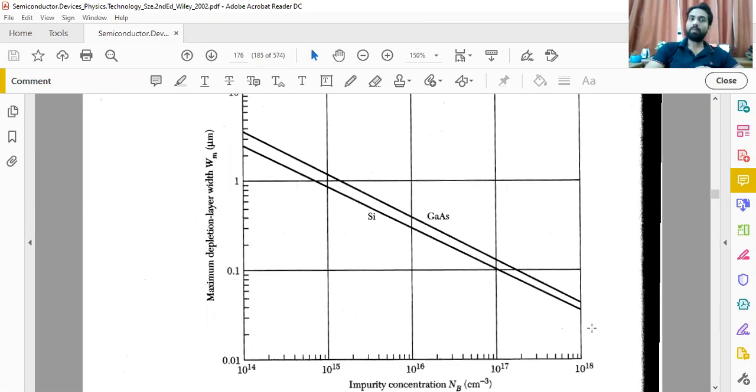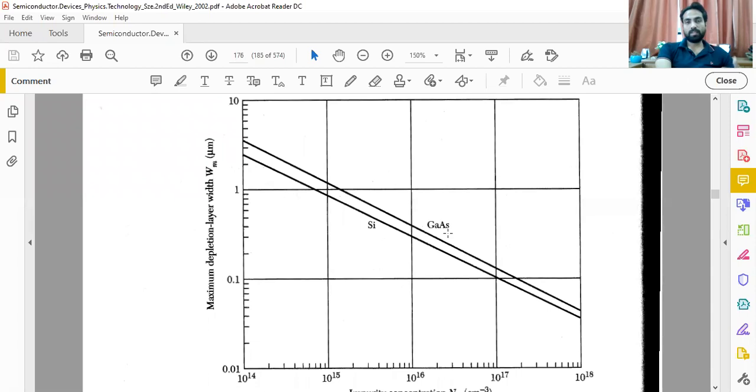It's a common phenomenon that with an increase of charge carrier concentration, there will be more burden on the junction, and when there is more burden on the junction, the depletion region will be less. So this is exactly the relationship shown here. If you are able to understand this one, then the session is open to ask questions.